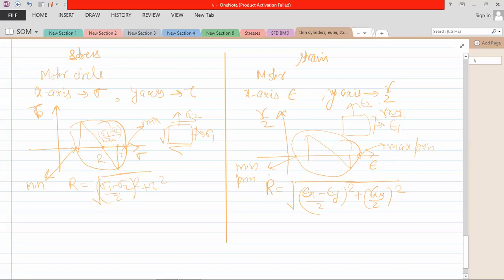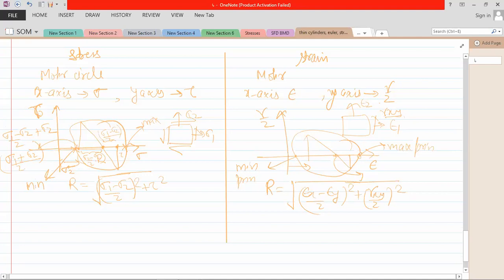Now what is the coordinate of center? Can anyone remember how I write the coordinate of center? You know this value is sigma 2, and this value is sigma 1 up to this point. So this value would be half of the whole, sigma 1 minus sigma 2 by 2. And if I add this value with sigma 2, the whole value would be sigma 1 minus sigma 2 by 2 plus sigma 2. Your value would be sigma 1 plus sigma 2 by 2.